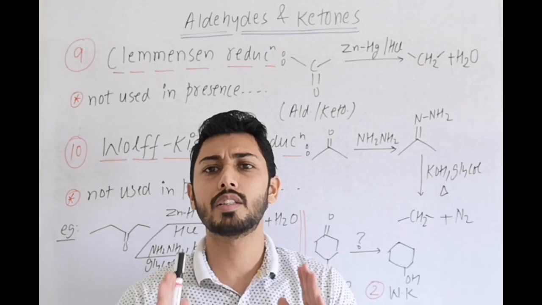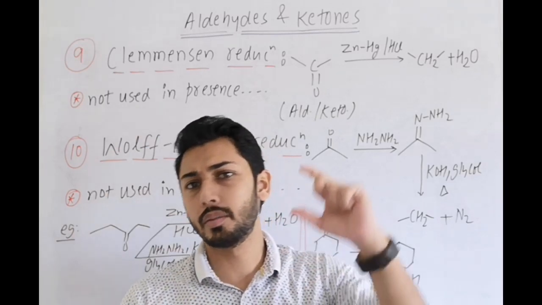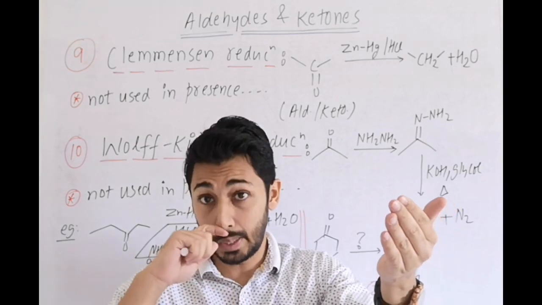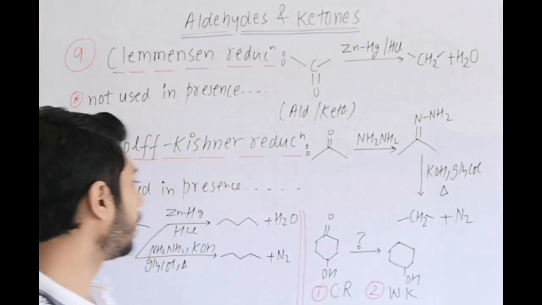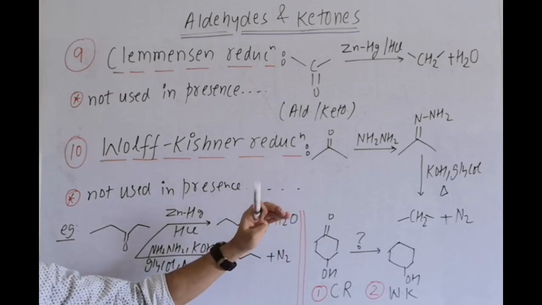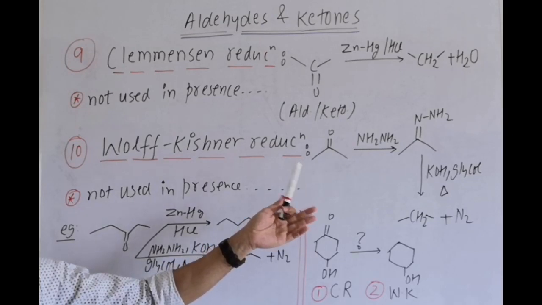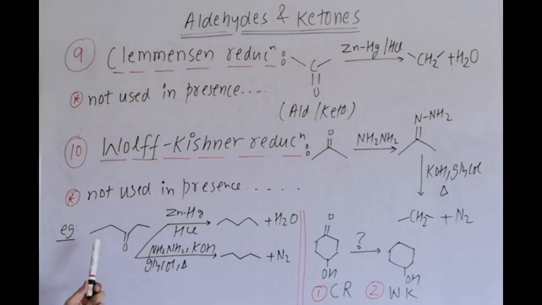The only point is it depends how the example is given or how the question is framed. If any information is mentioned, like the compound has a carbonyl group and some other groups are present apart from that, then you have to remember these points. Clemmensen reduction is not suitable with acid sensitive groups, and Wolff-Kishner is not used in the presence of base sensitive groups, like if alkyl halide is present apart from carbonyl, or an acid halide or ester group is present, then we do not prefer which reduction? Wolff-Kishner. Example, for this carbonyl compound, Zn-Hg/HCl, Clemmensen reduction, C double bond O is reduced finally to CH2,